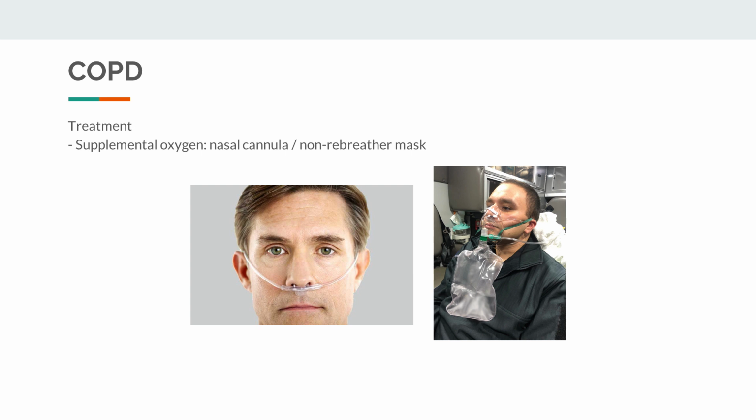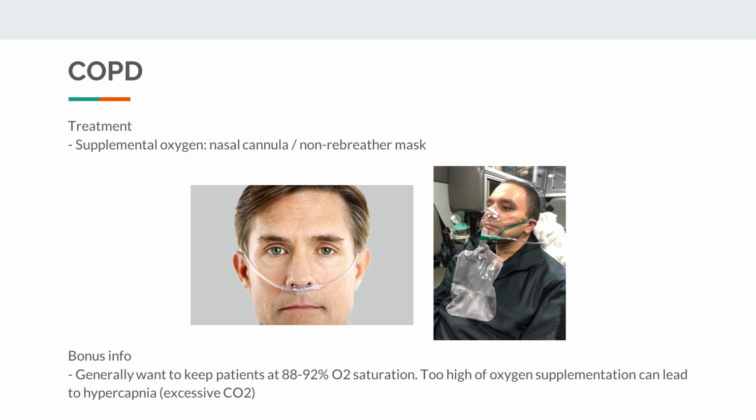In COPD patients, docs are generally okay with a slightly lower oxygen saturation, somewhere in the low 90s or even high 80s. Because COPD patients have irreversible lung damage, they may never be able to achieve 100% oxygen saturation or even saturation in the upper 90s. Pushing these patients towards such a goal may actually lead to complications such as hypercapnia, where excessive amounts of CO2 can build up in the blood.